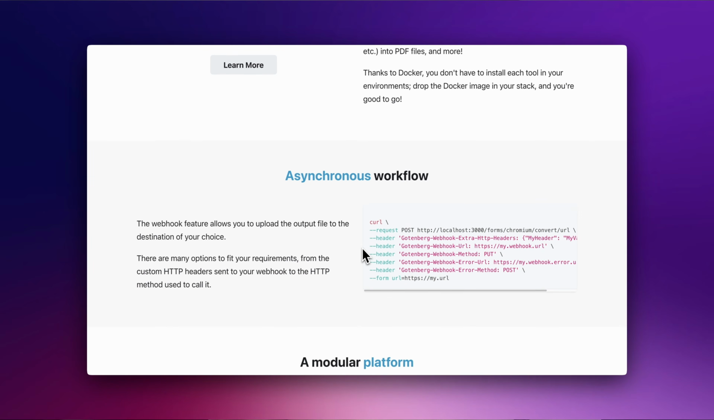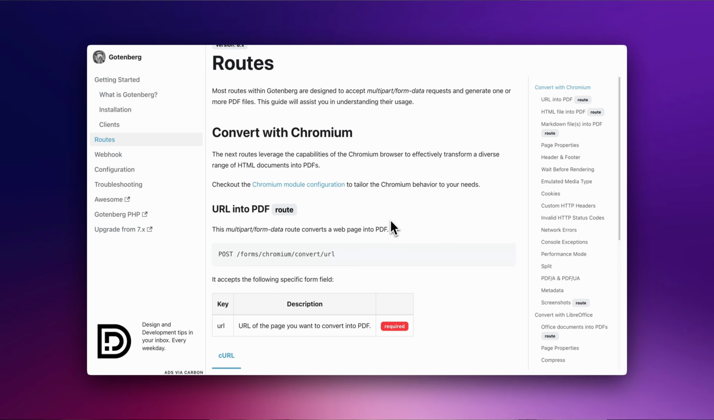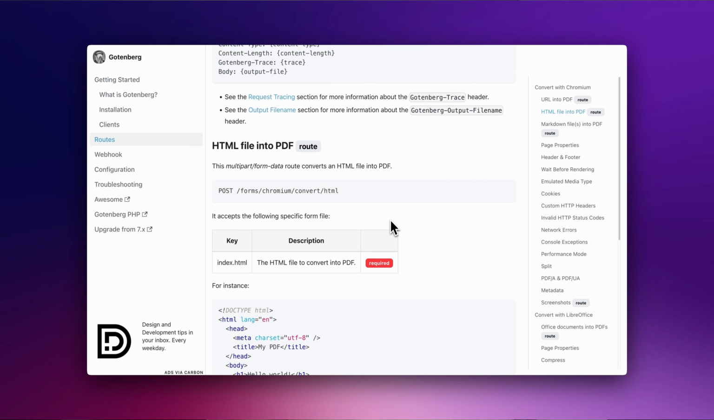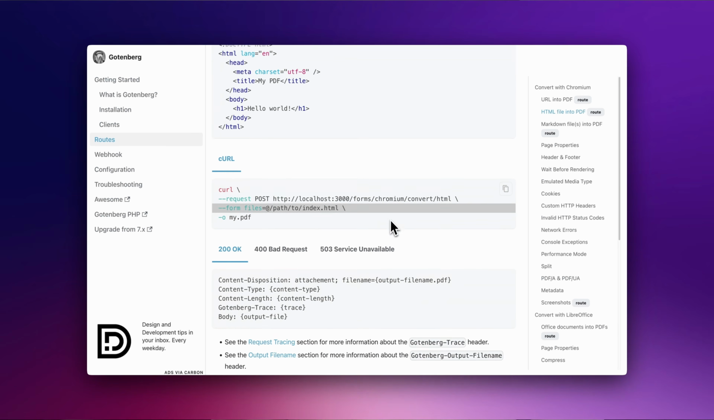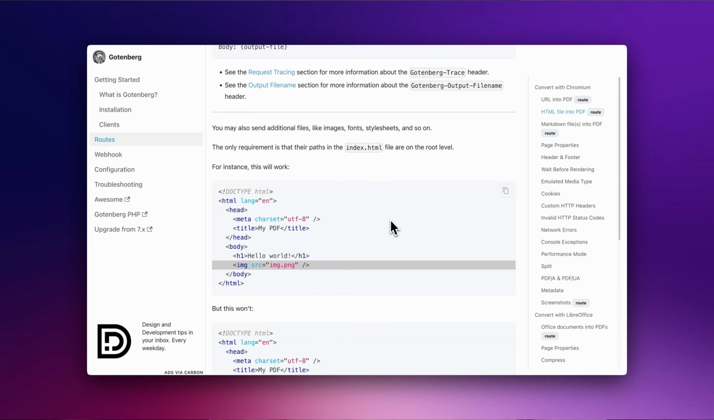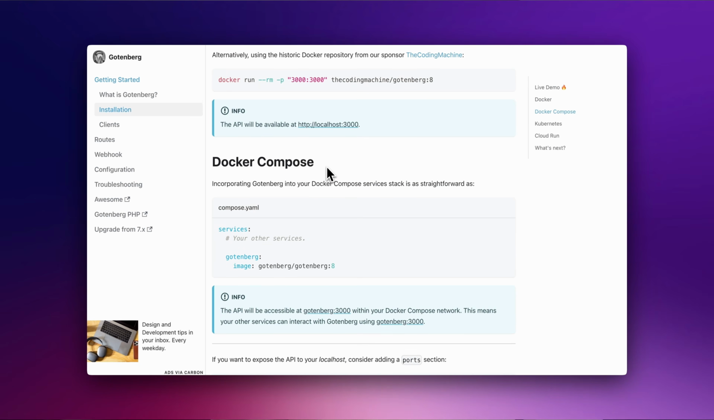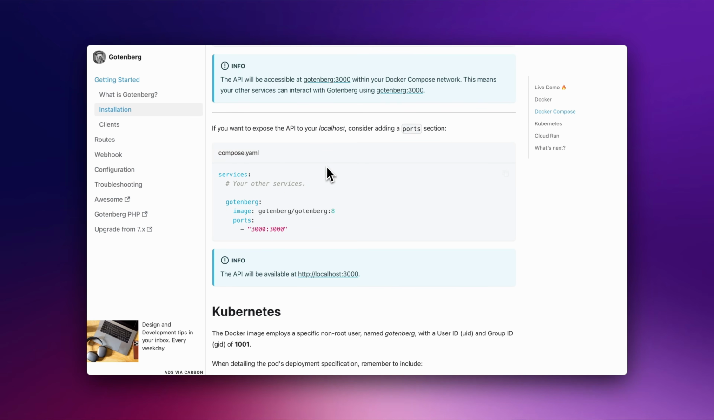It supports multiple formats: convert URLs, Markdown, and Office documents into PDF files. With many parameters at your disposal, you can fine-tune the output to your needs, as well as PDF processing such as combine or split. To start using Gotenberg, just follow the installation guide in their documentation,